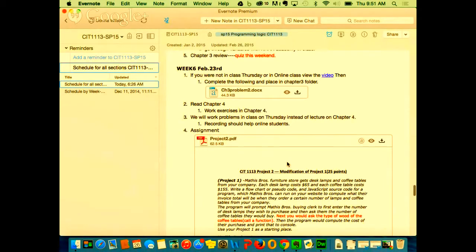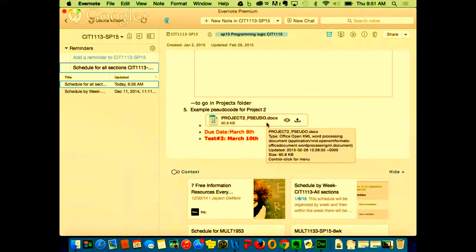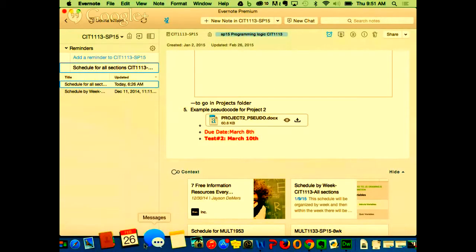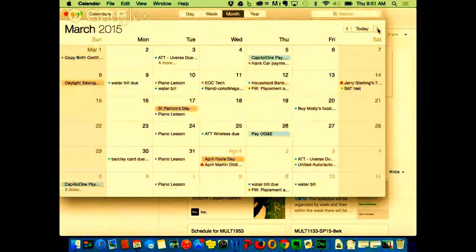Okay, project 2, also, if you look down here at the bottom, it's not due until March 18th. And this is some pseudocode that I wrote with the student that I worked with last night. If you watch that video, you can even see some Python that we had some struggles with. Then test number 2, which will be like this project 2, will include a function and an if-else statement, and won't be until March 10th. Is that the right date? Is that a Friday? Let me make sure I got that right, because I was trying to plan.